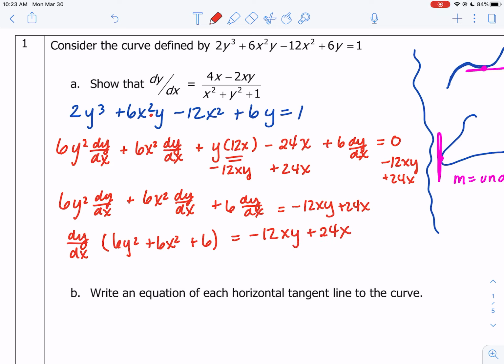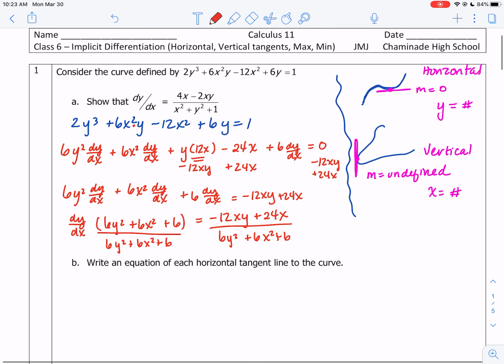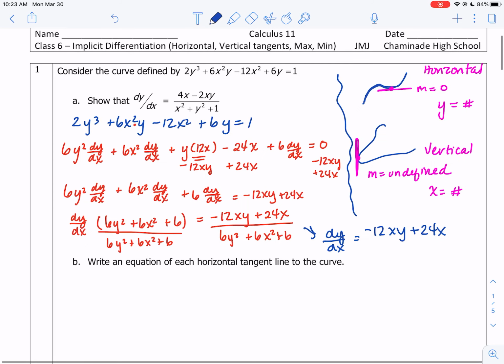All we need to do is divide by that 6y squared plus 6x squared plus 6. Do the same to the other side, 6y squared plus 6x squared plus 6. And we're just going to simplify that expression there and wind up with dy/dx equals negative 12xy plus 24x all over 6y squared plus 6x squared